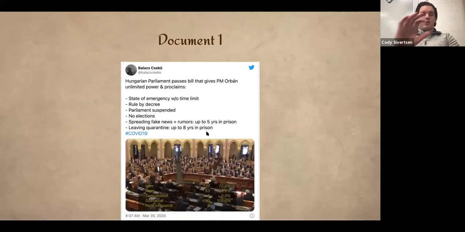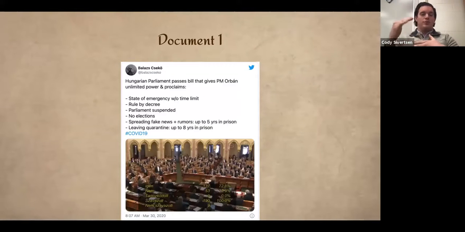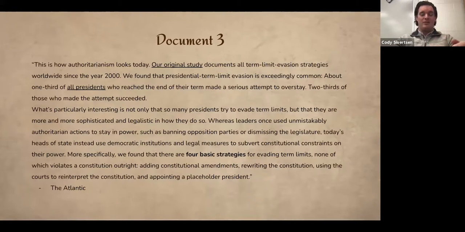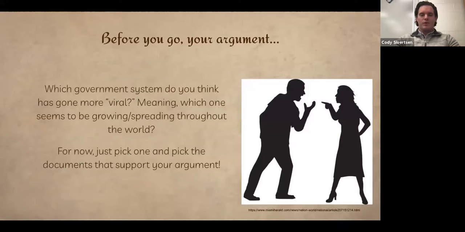After I have the kids work, I like to always go through the documents with them because, whenever it comes to primary sources, some of them are challenging. Some things you might give to a kid and it might be the first time you've seen a kid work with it. And sometimes they come up with stuff that you're like, wow, I had no idea that a 7th grader would pull that from this, but kids can surprise us. So go through the 4 documents, just make sure that they come up with a solid main idea and evidence.